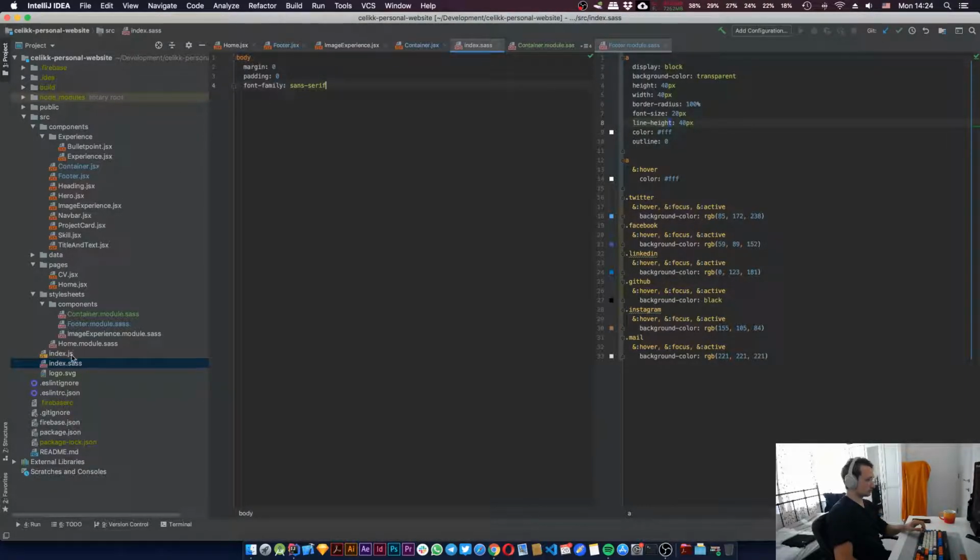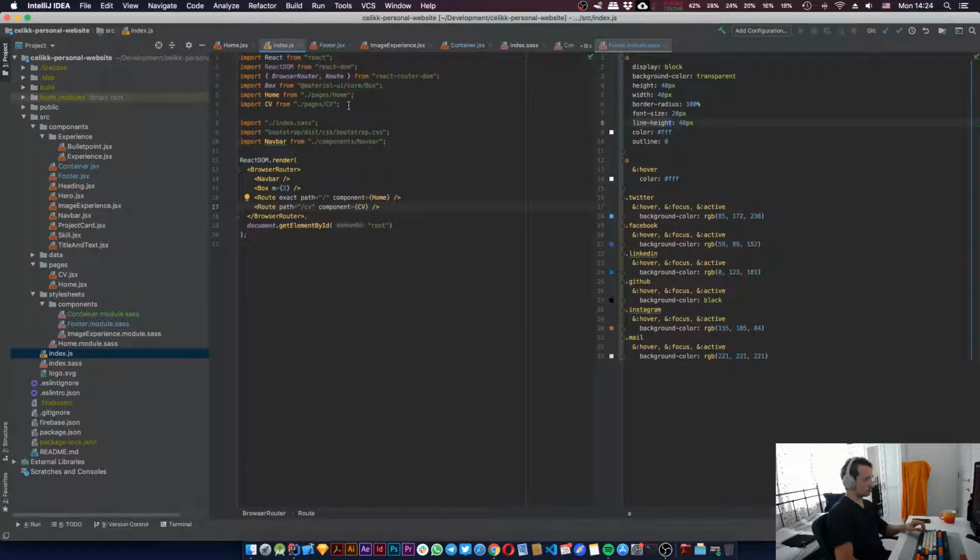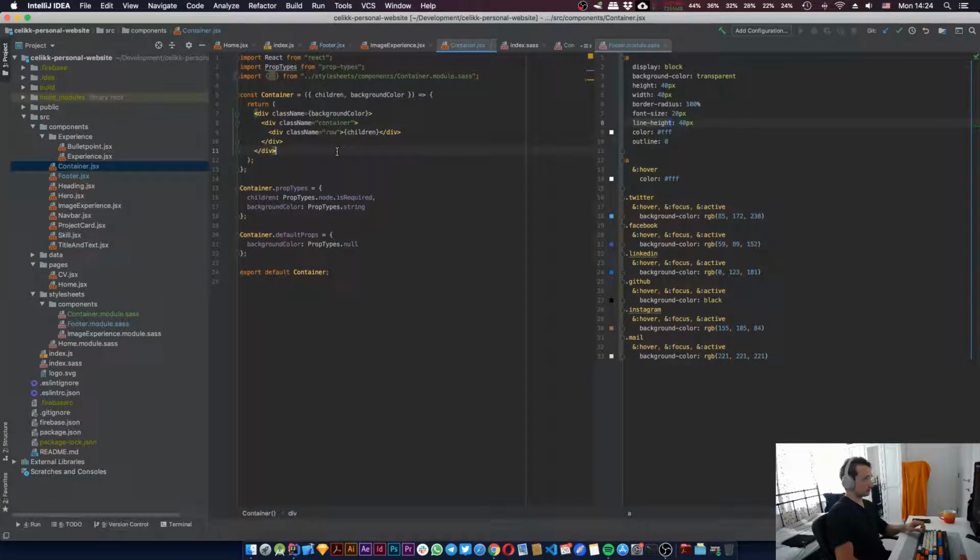So, did I import this file on index.js, index.sass? Yeah, I did. Okay. And now that this is imported as well, I may not need to do this. Right? And div. Not all divs, but